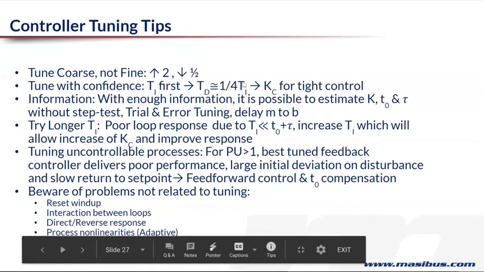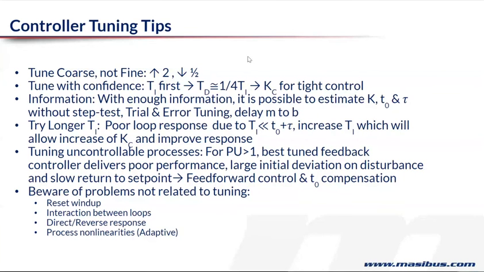So now here are some tips. Like I already said, you tune coarse, not fine. In your formula, you ended up with a gain of 5.230. Don't try to put that, right? Even 5 will work, 4 will work, 6 will work. Because as I said, PID is a very approximate, coarse tuning. And changing the P band by 5% is not going to have any impact on the process. So this is a very important thing you should know.